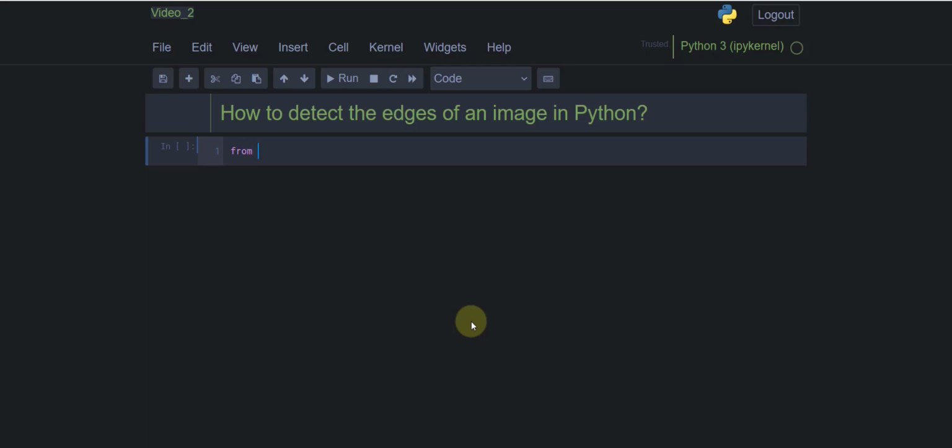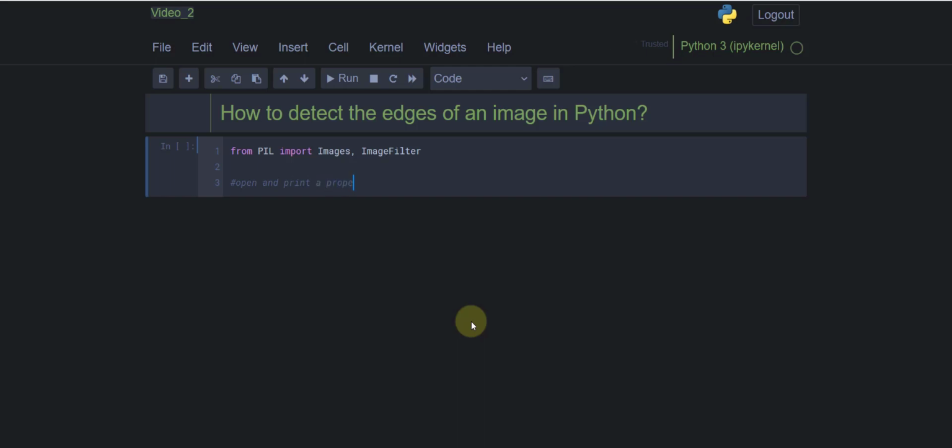So, like before, let's import our Pillow library and import two important modules. The first one is Image, as you have seen in the previous video, and the second one is ImageFilter. And you're going to see the application of ImageFilter in the following lines. So we imported our required modules, and then in the next step, like the previous video, we are going to open the image and print